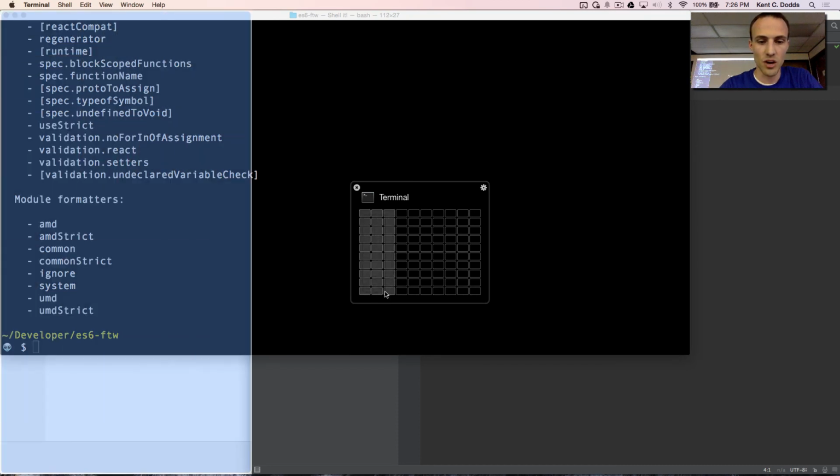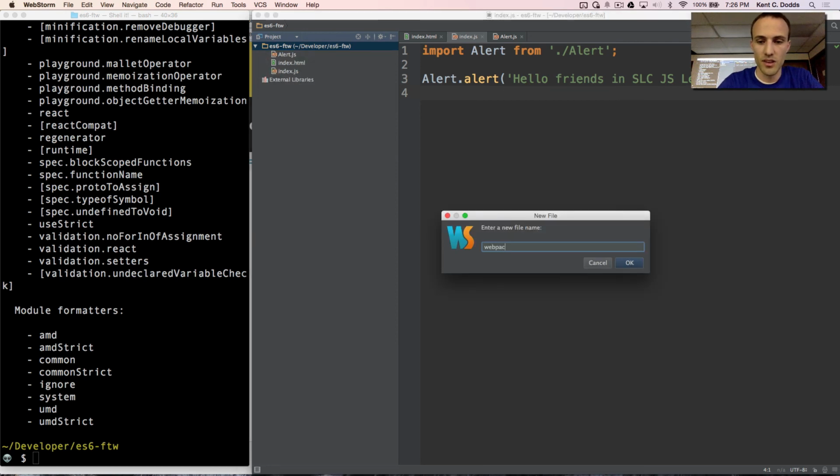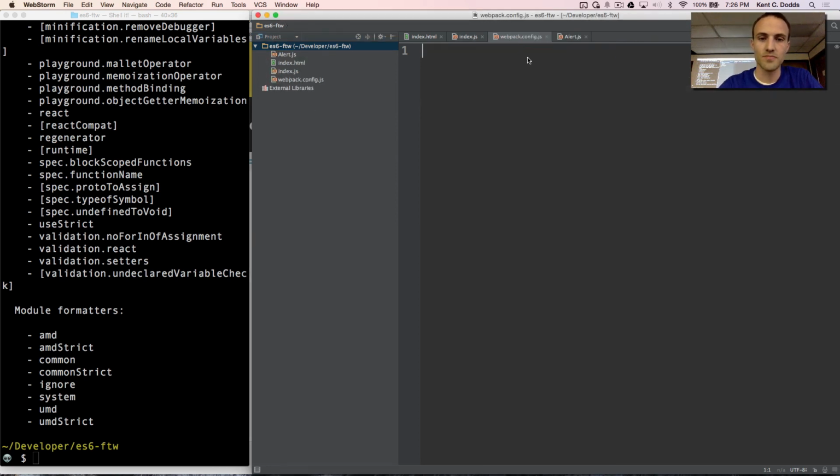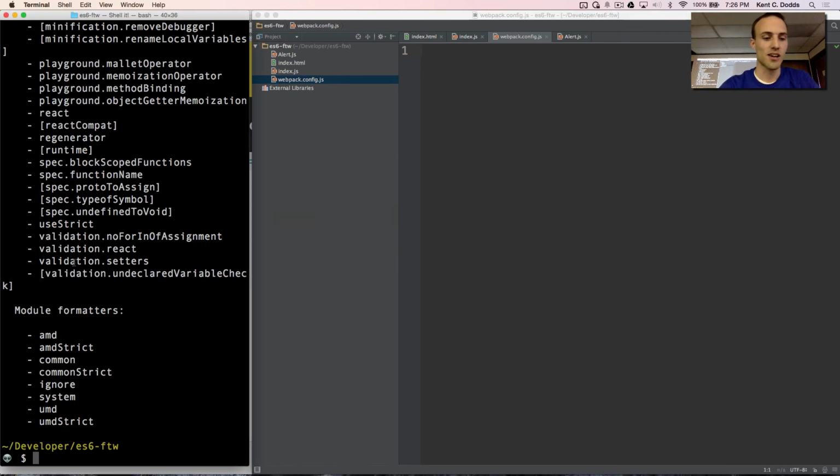Because you do not want to run Babel every single time you want to build your project. So we're going to create a new file here called webpack.config.js. Webpack is a module bundler for the web. Has anybody heard of Webpack before? Webpack rocks, and if you don't know about it, I have some lessons on egghead.io about Webpack, and it's so great.